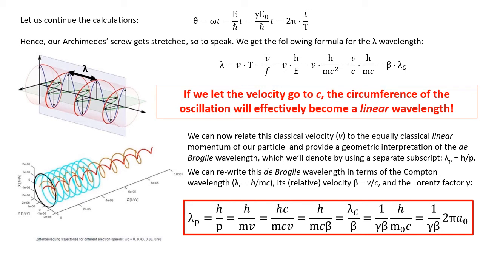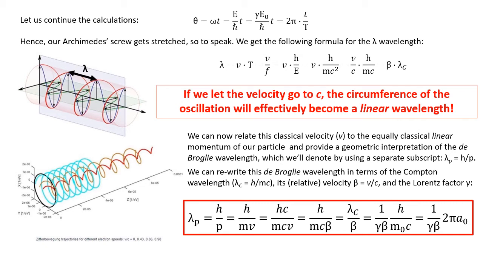And so then, I said this Compton wavelength, we can look at it as a circular length, a length measured over the circumference of a circle. But I can also look at it as a linear thing when we stretch and v goes to c. So on the left, I have h divided by mc beta, which is equal to the Compton wavelength divided by beta. But on the other hand, I can keep my beta, but rewrite my Compton wavelength again in terms of